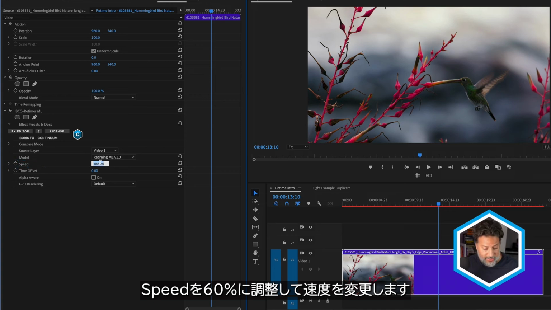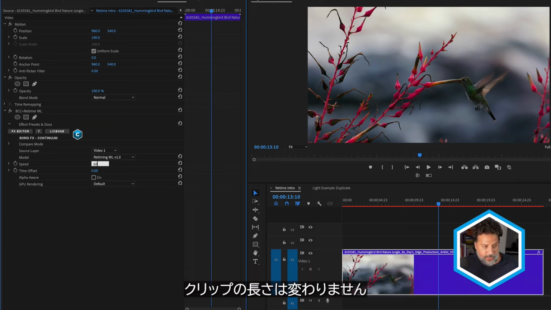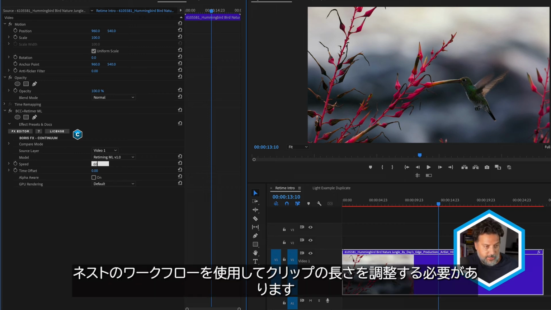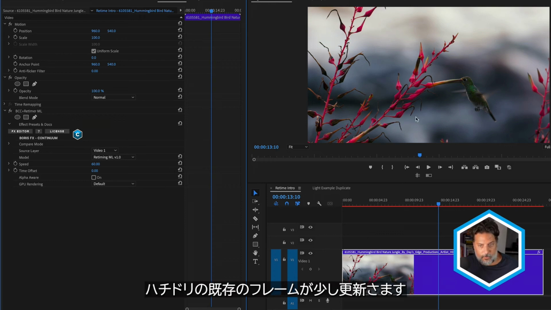So I'm going to adjust this to be 60%. And unlike working with speed inside of Premiere Pro, when you go into the Retime dialog box, this is not going to adjust the length of the clip. We'll need to go through a nesting workflow in order to accomplish that. Well, once I do 60%, you may have seen a little bit of an update here with the existing frame